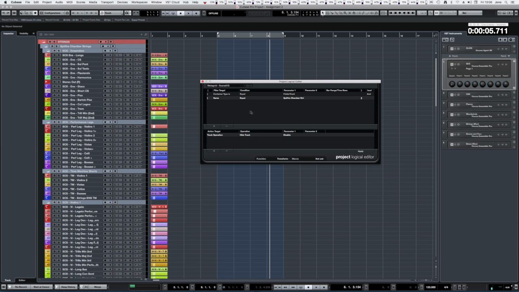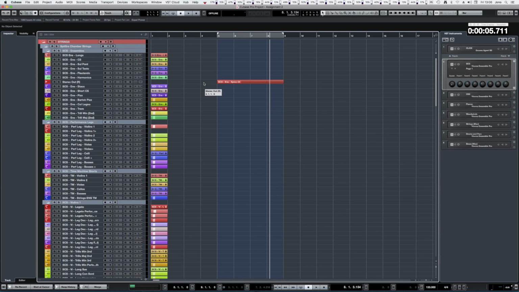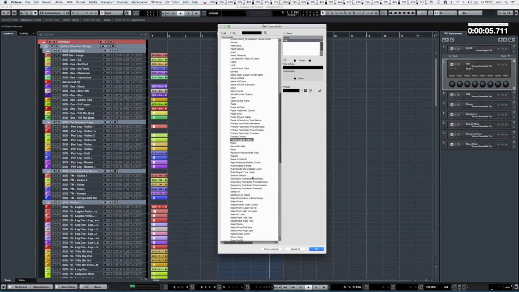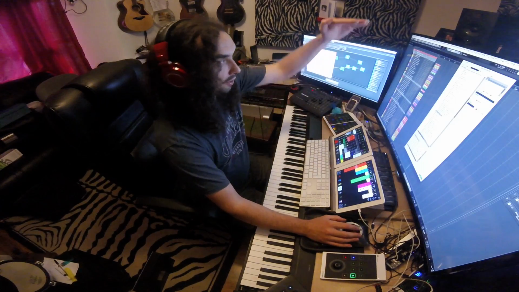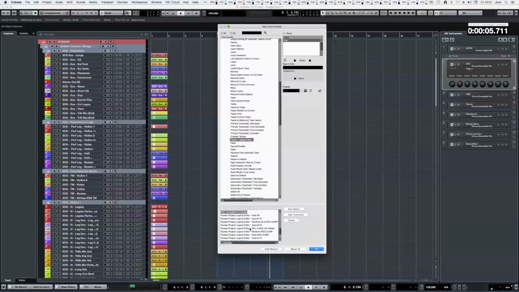So if you think about the three commands in the macro that we are building, so far we've hidden everything in the project. Scene 116 is to show the important tracks. Rename all to MIDI dump. This is injecting the MIDI dump folders into the project. Scene 18 is now revealing just Spitfire chamber strings,